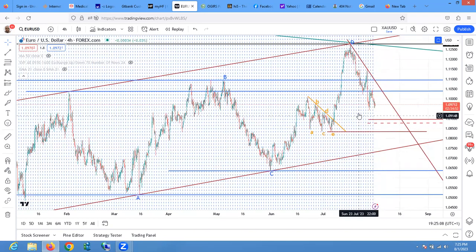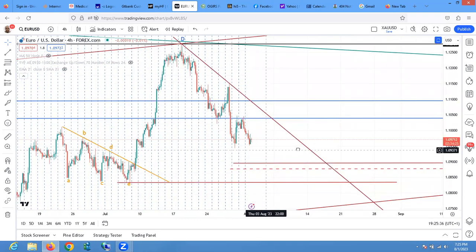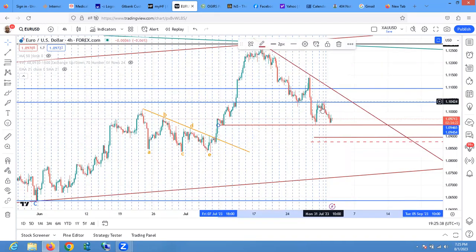To me, again, the possibility of this one being a 2 to these is fast eroding, seeing where Euro USD is now. This is 85 and this is 90 of this entire run. So the possibility is fast eroding. So what I can see here, with this move here, what I can see here,